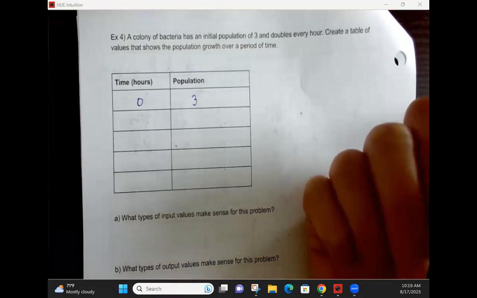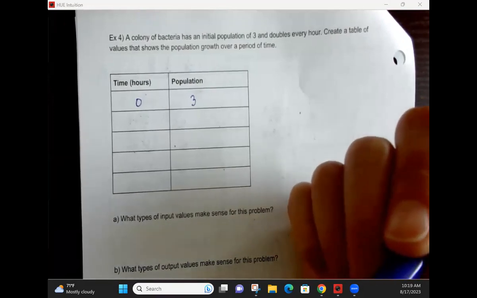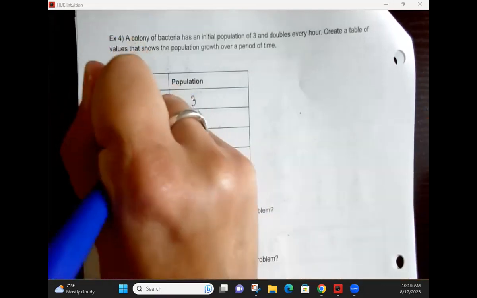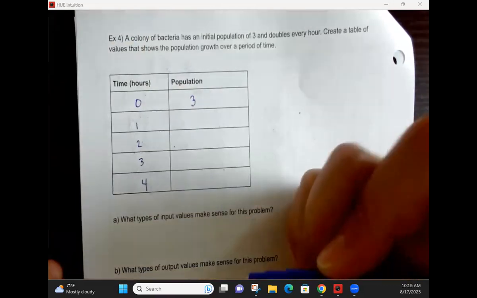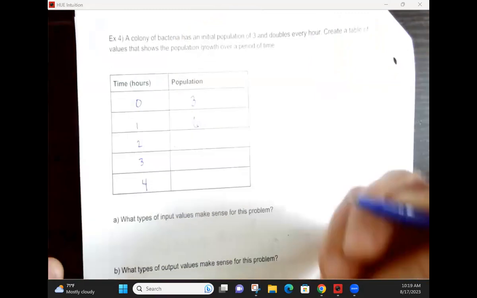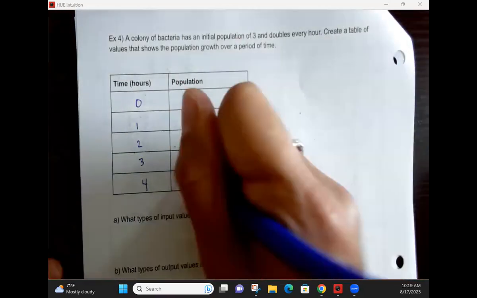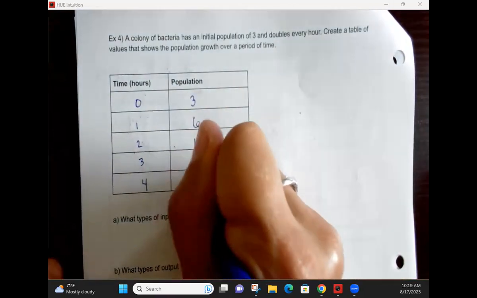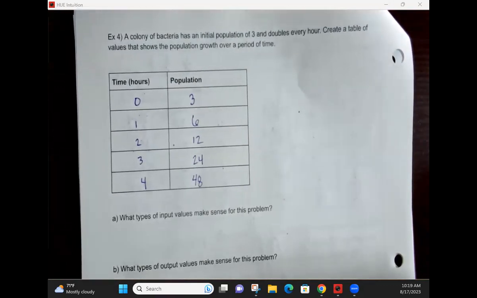Sure. Do I want to though? No, not really. So I'm going to pick values again that make this problem a little bit easier for me. So 1, 2, 3, 4, and then my population doubles every hour. So in 1 hour, I'll have... in 2 hours, 12, in 3 hours, 24, in 4 hours, 48. Okay. No function this time, but we can still create a table based on the information that we have,